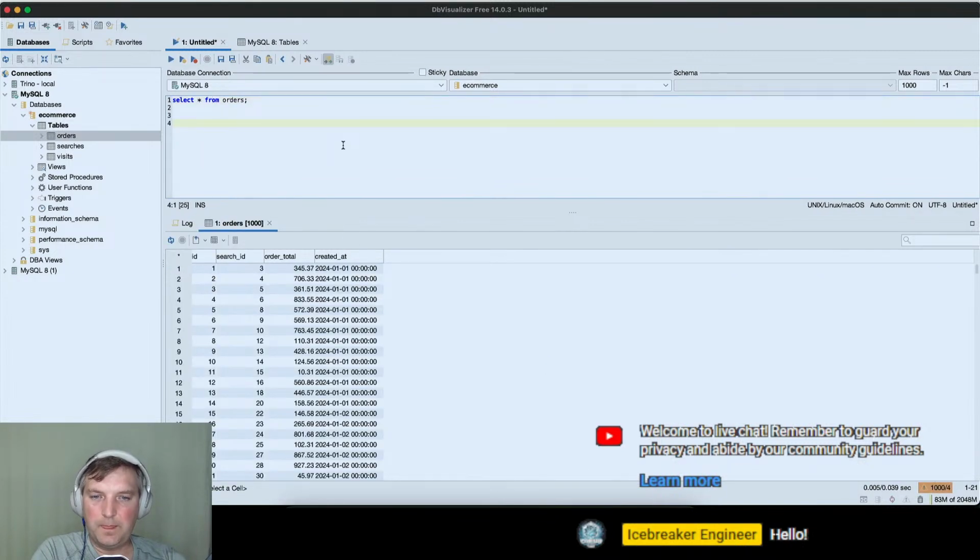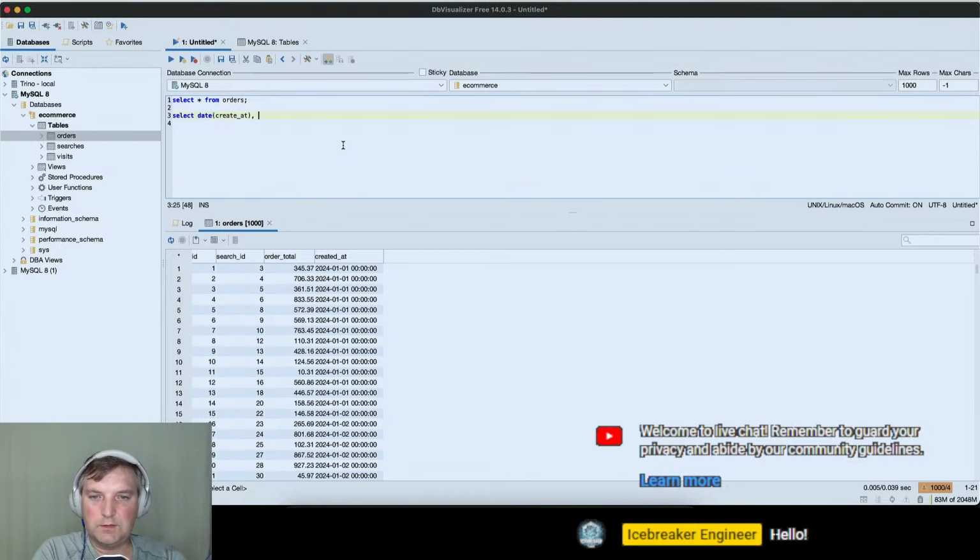So let's say we have an ETL where we want to run data. So select, let's say we want to do the per day. So we want to have created at as the date.